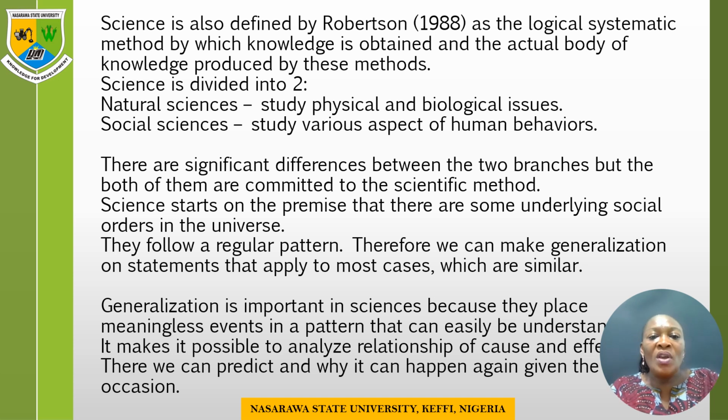And of course, we cannot talk again about what science is all about without looking at the differences between natural science and social science, because science itself is divided into two. We have the natural sciences and we have the social sciences. The natural science studies physical and biological issues that concern the society, while the social science studies various aspects